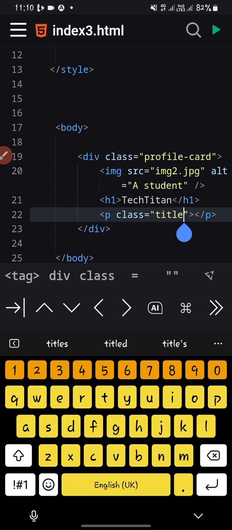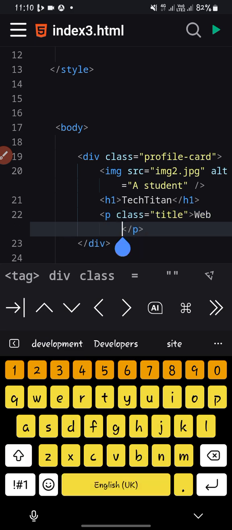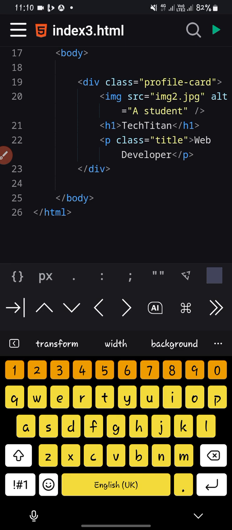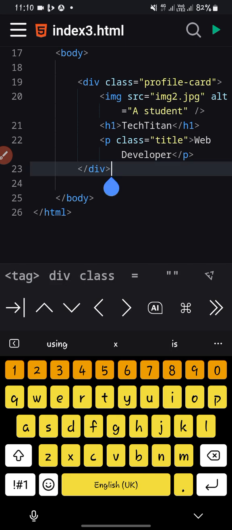After typing title, in between these two less than and greater than signs, I will type in web developer. This is the paragraph itself. The other things I typed there is just a class I gave to the paragraph. This is the main text that will be displayed. If I launch it, you will see what will be displayed there. Web developer. So after that,